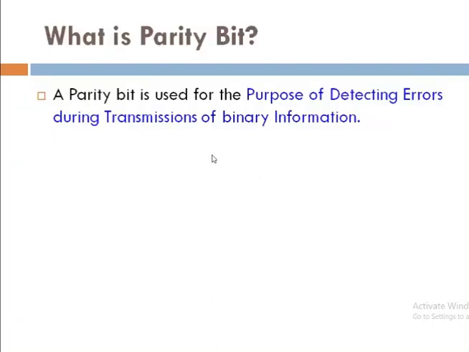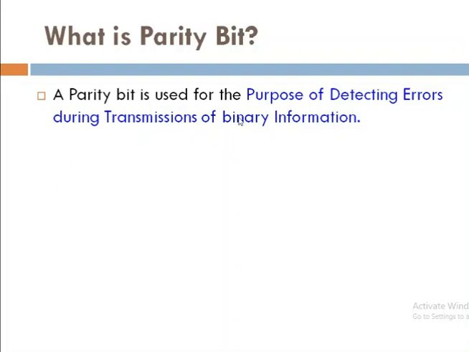receiving information. The basic purpose of your parity bit is nothing but detecting the errors during the transmission of binary information. So when the sender is sending the information, it is expected that the same information can be received at the receiver end. But when you are sending the information in a network, it may happen that these bits may be altered by someone. So you need to identify this data. Either you are receiving the same data or some altered data, or it may happen that all the data may not be received due to some congestion in the network. So we need to identify these things.